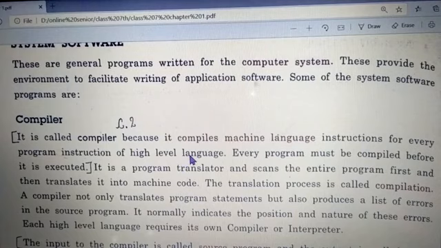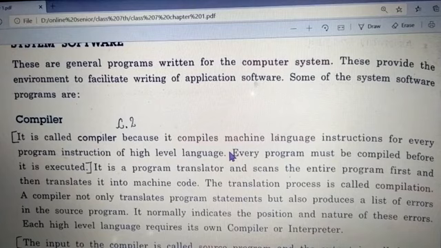We just studied that high level language, which is understandable to us, has to be converted into machine language so that the computer understands it. And how can we do this? With the help of a compiler and interpreter. So that is what the compiler is doing. It compiles the instructions for every instruction. Whatever instruction is there in the program, every instruction will be compiled from high level language, and every program must be compiled before it is executed. Then only will the computer understand what to do.